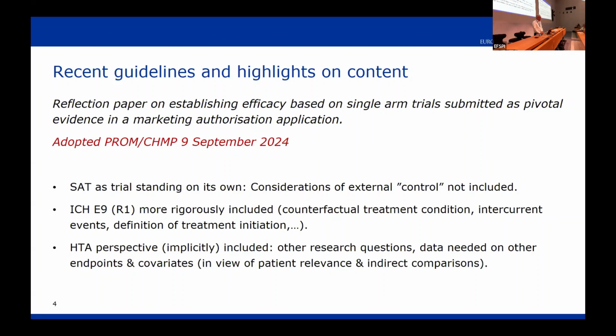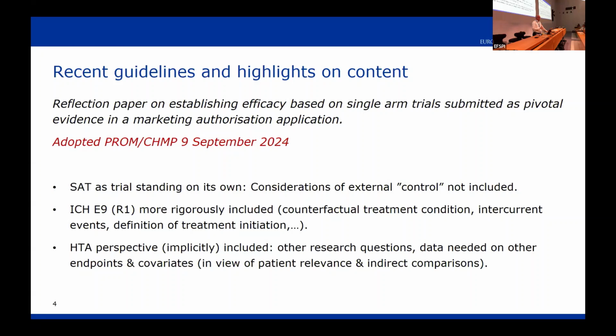It was adopted after public consultation and internal comments. A few highlights there. I think I explained it last time as well, but there is some level of discomfort, even until today, to actually write guidance on a trial design which is inferior in many, many perspectives. It didn't feel comfortable while doing it, still doesn't feel entirely comfortable, but I think it will be helpful.